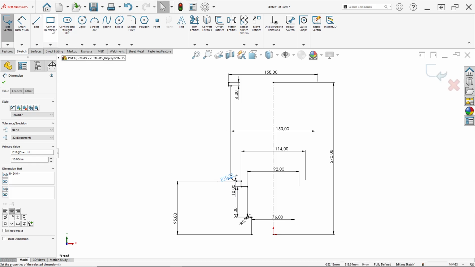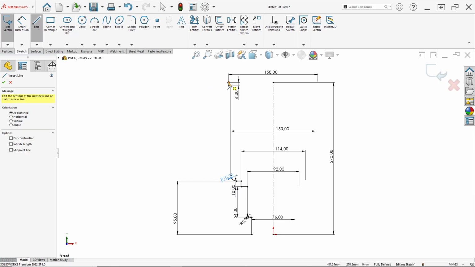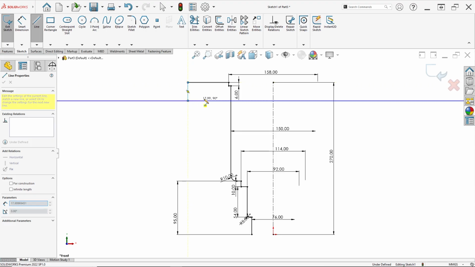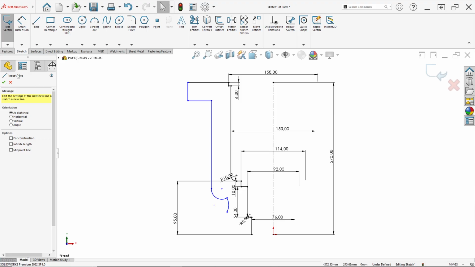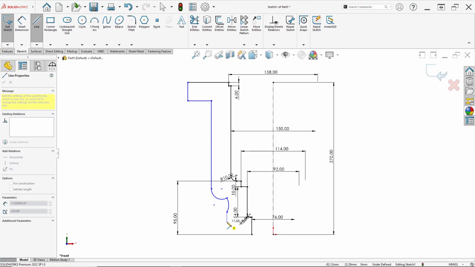Okay, then we select line again and draw from this point, and click A on your keyboard like this. Line again here, and click A on your keyboard.